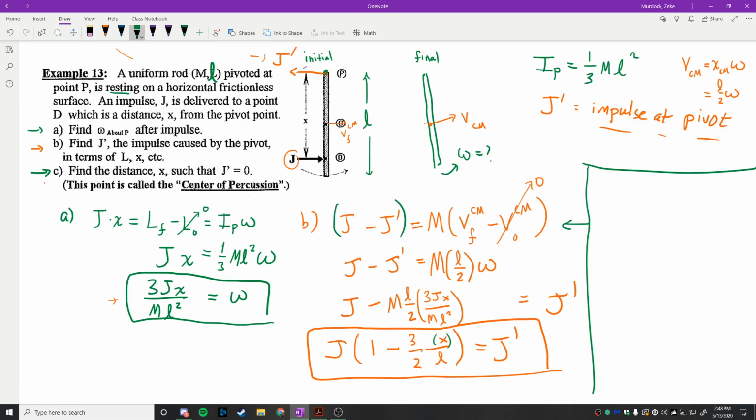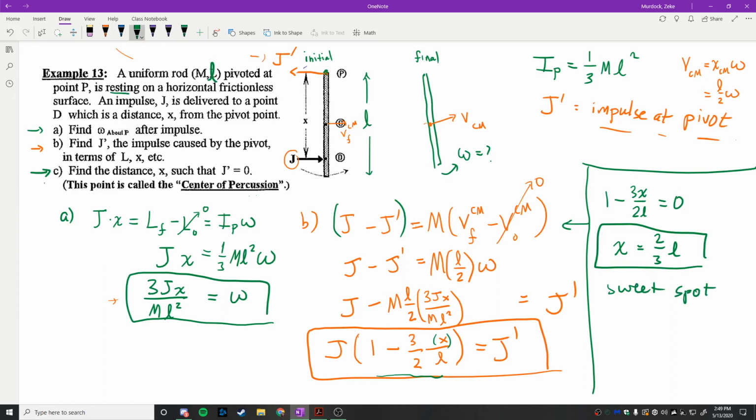If we want to make J prime 0, all we have to do is equate this to 0. So we say 1 minus 3x divided by 2L is equal to 0, and we end up getting x is equal to 2/3 times L. This is the distance from the pivot point to the center of percussion, which is also known as the sweet spot. In sports, they just call it the sweet spot, because it's a lot easier for people to understand